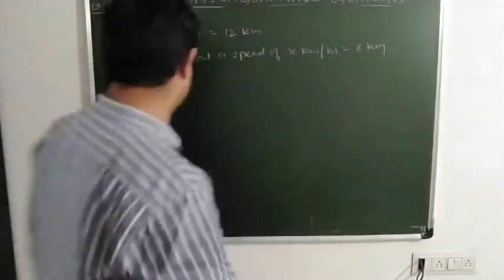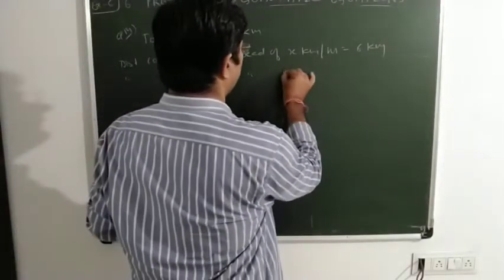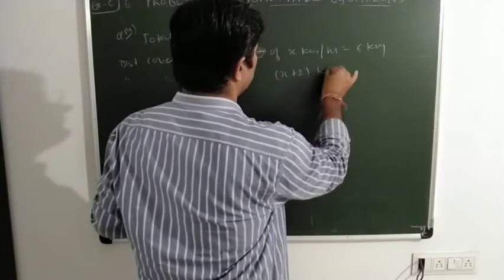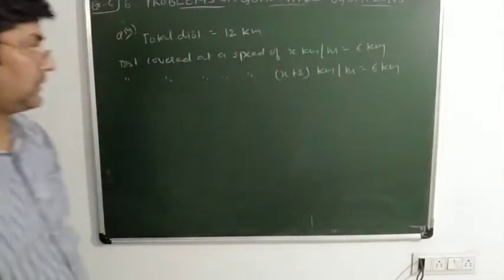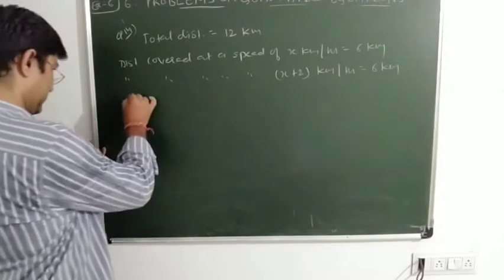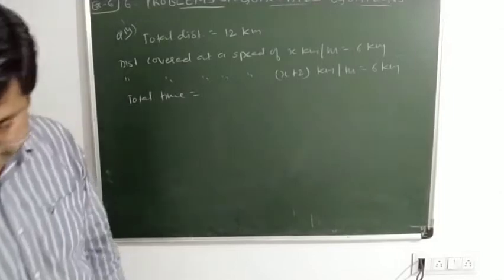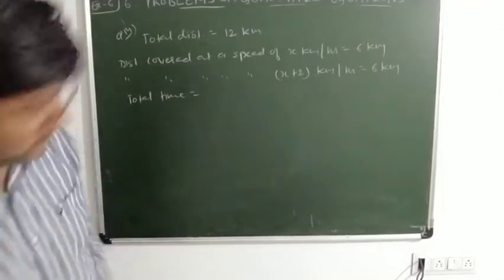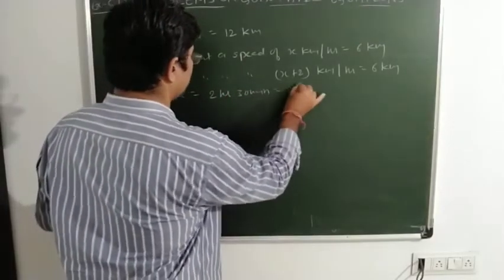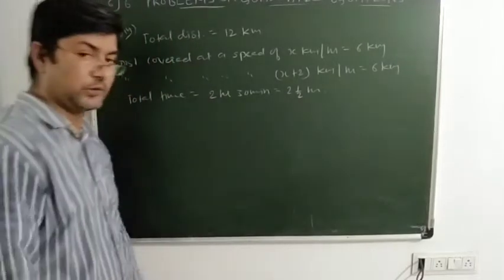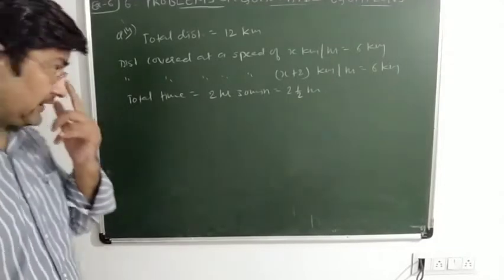Yes or no? Half of the distance, and again the distance covered at a speed of x plus 2 kilometer per hour is again 6 kilometer. Yes or no? The total time taken is 2 hours 30 minutes, that is equal to 2.5 hours. We'll convert into hours. Since you are given the total time, we can frame